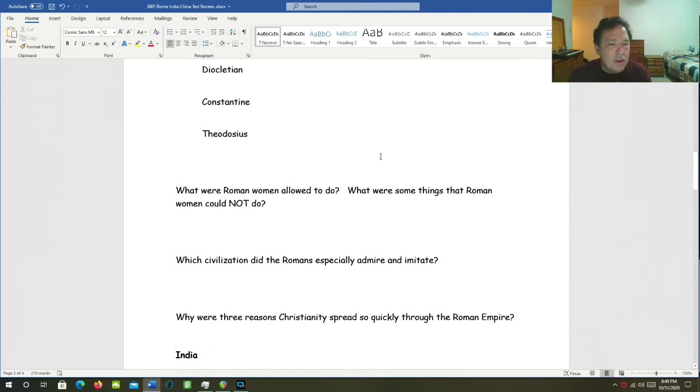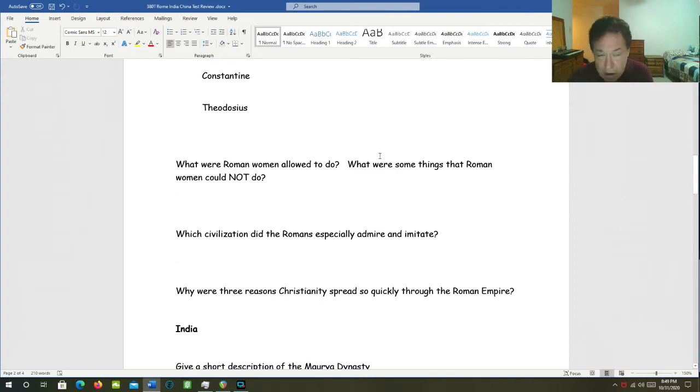And then we have Theodosius. Theodosius was not only a Christian emperor, he actually made Christianity the official religion of the Roman Empire. And when he died, he left the empire to two sons and split the empire back into two halves again, left one half to one son, one half to the other son. And so now the Roman Empire was back to being split, only this time completely and permanently split into two different political entities.